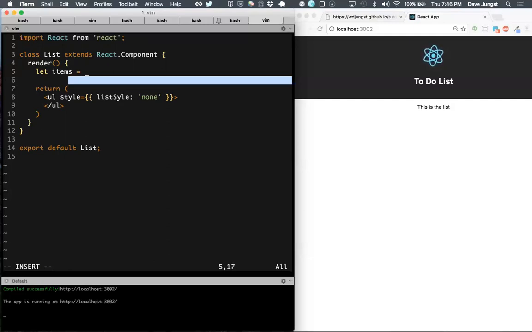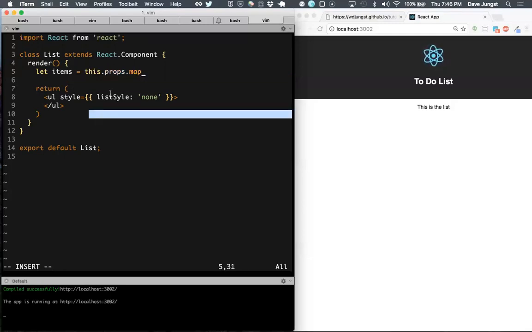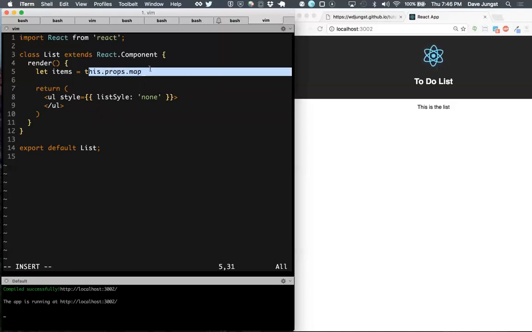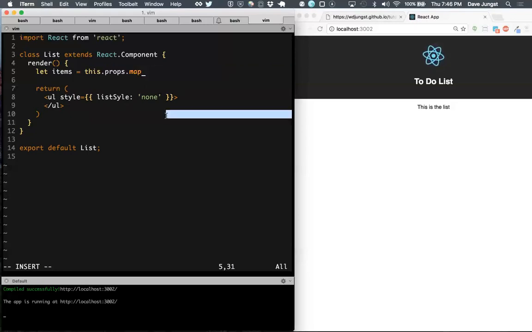Okay, so I'm going to say let items equals this.props.map. Map's a fancy word for loop over this array and return a new array after you modify it without actually modifying the original array. Right? I can't modify props because props are immutable. So I need to return a copy of that array. So this.props.map,